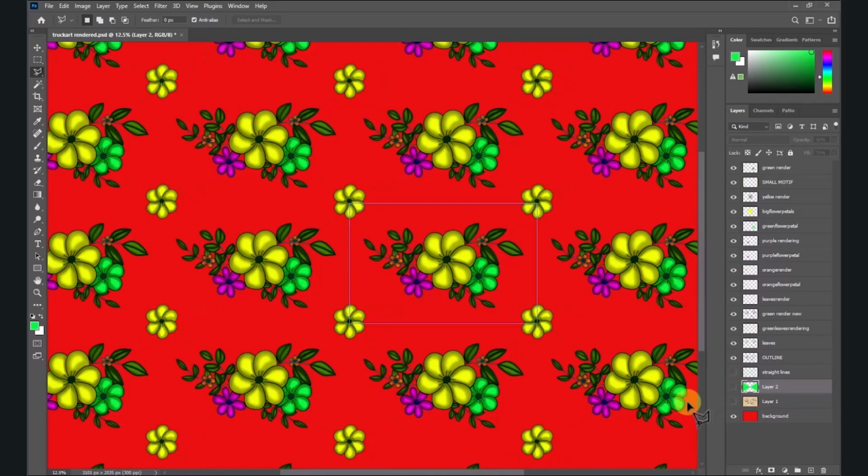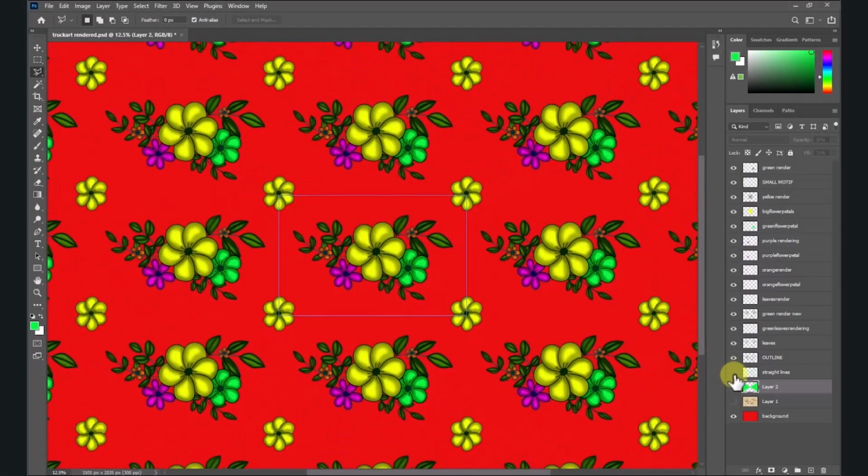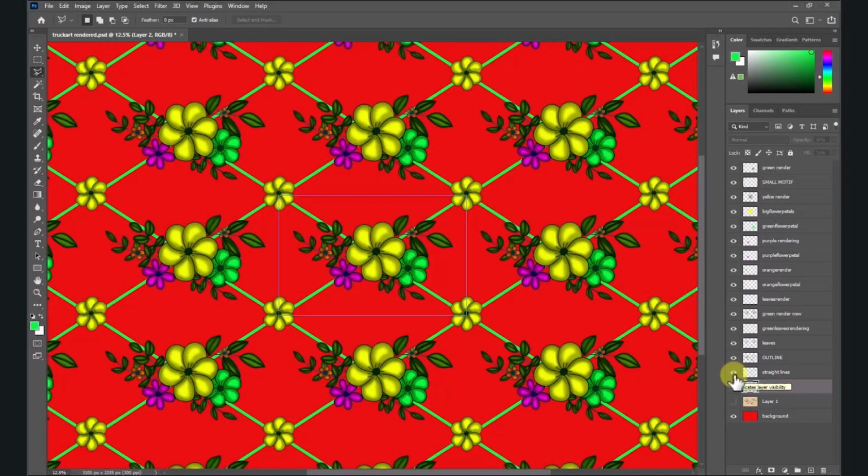And now just look at the overall look of your design. Now I'm adding this straight line. See, it's a lot more interesting now. I'm adding these boxes. It's a lot more interesting now, right? So this is one way of making connections. So whenever you feel like this is done and you're happy,